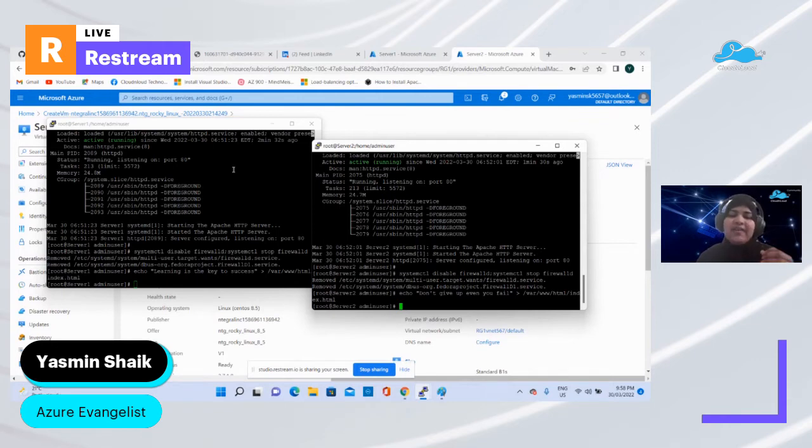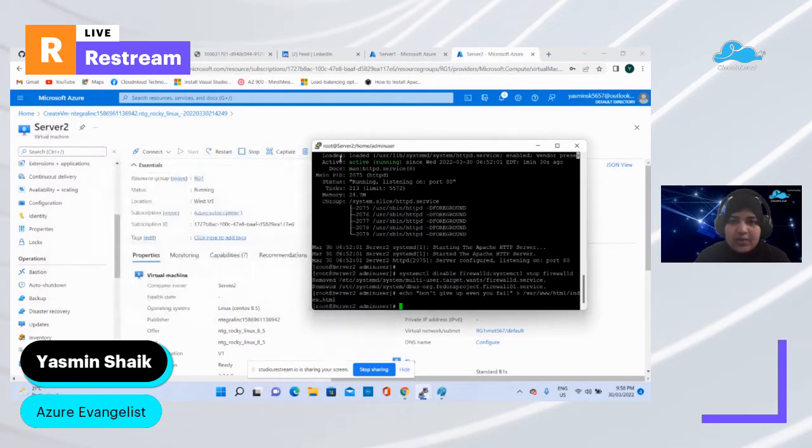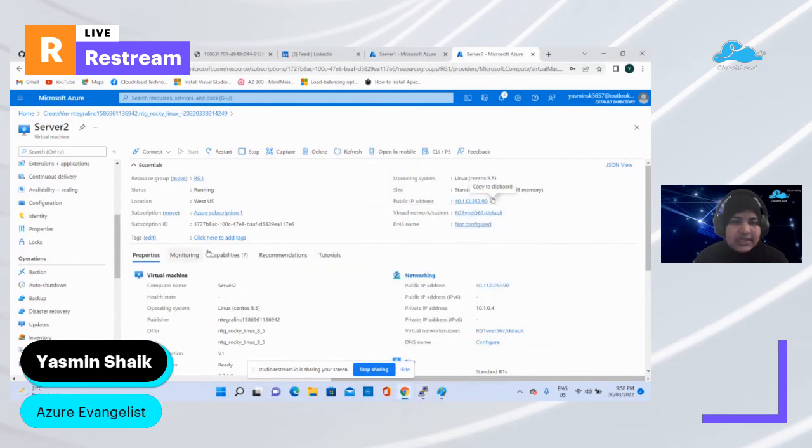As I don't have any, I have just echoed some sample message to show you the difference, and I'm going to give this in the load balancer. Okay, so now we have created 2 virtual machines. We have installed the app servers and we have started the app servers, and we have echoed some message as a sample. Okay, so now let me minimize both these consoles.